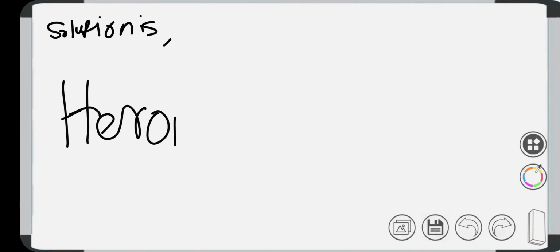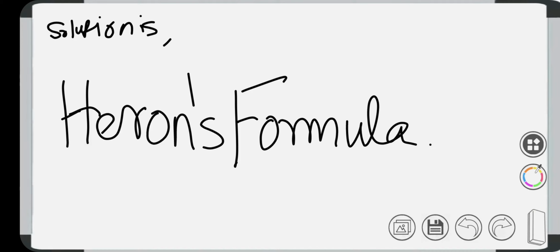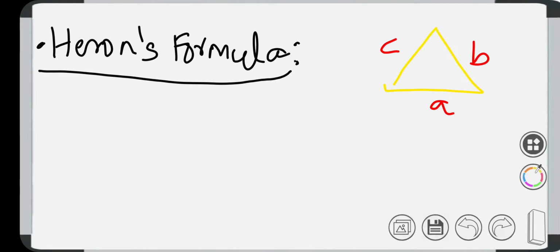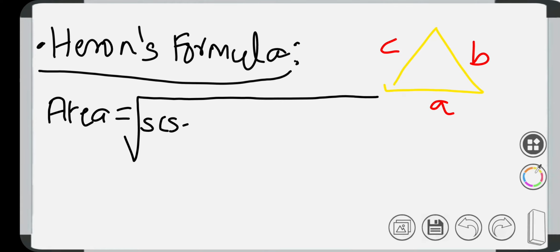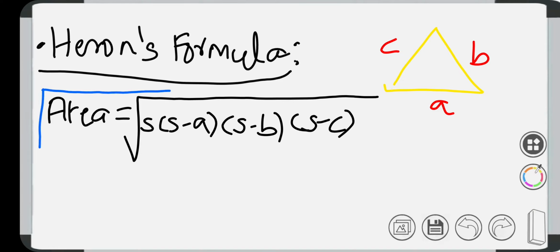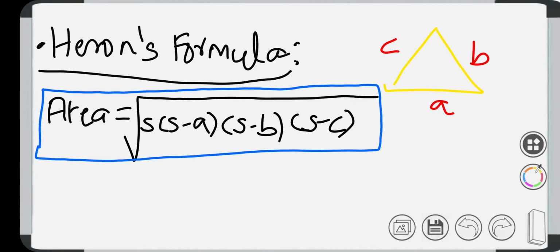We will find the area of this triangle by a formula. Heron's formula is the square root of s multiplied by (s minus a) multiplied by (s minus b) multiplied by (s minus c). So you must be wondering what s, a, b, c stand for in this formula. Do you remember I wanted you to consider a triangle having sides a, b and c? So a, b and c in this triangle are nothing but the sides of the triangle, and s is the semi-perimeter.